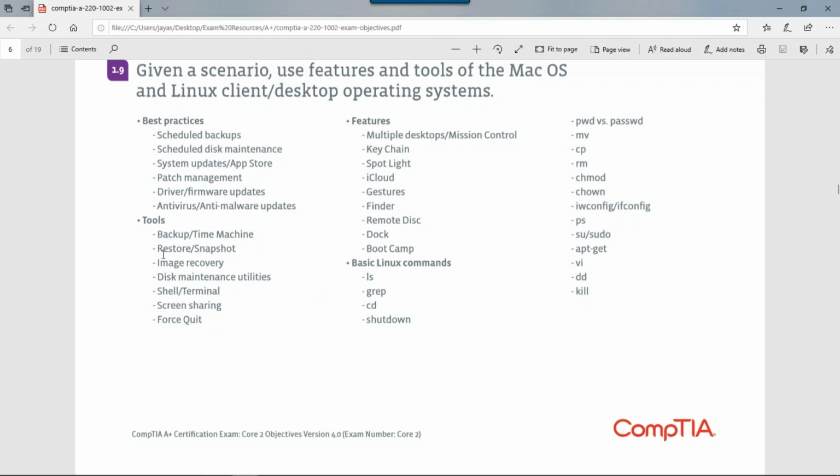These will all be like, see, like you're doing it here: restore snapshot, backup, Time Machine. Same deal. It's restore in Windows and it's Time Machine in Mac. So if you can relate something to these that you're familiar with, it makes it a lot easier when they ask you about it on the exam. Because at the end of the day, you're just trying to do something. It's just depending on the operating system that you're using, which feature you're going to use to do it. If you want to create a restore point, which feature are you going to use in a Mac versus in Linux?